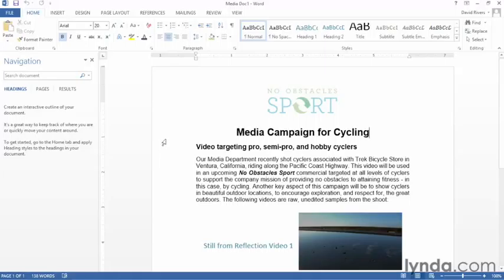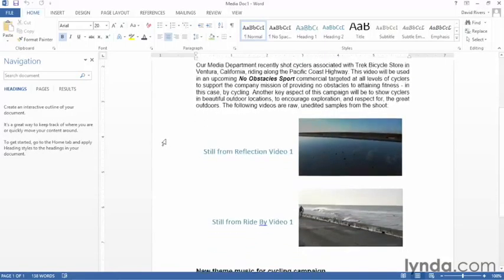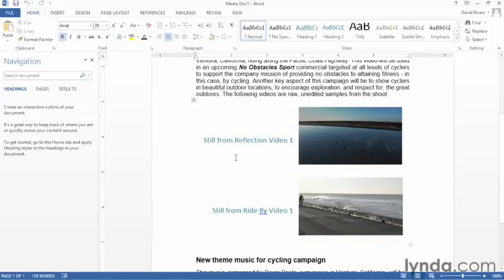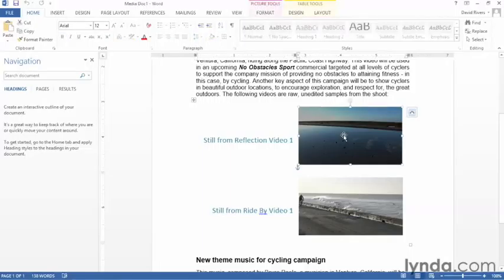them using our Media Doc 1 file, which does have a couple of photos here. They are stills from a couple of videos, Reflection and Ride By. Let's start with the reflection image. We'll click it to select it. It does kind of look a little bit dark, and you'll notice the Format tab appears under Picture Tools, and